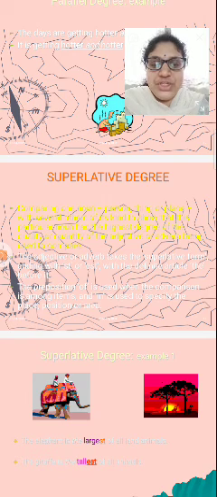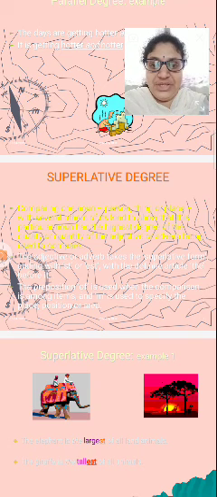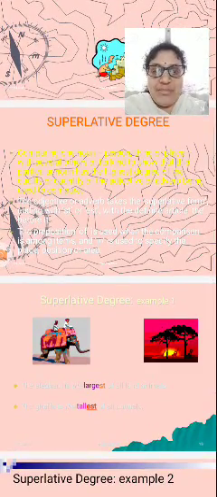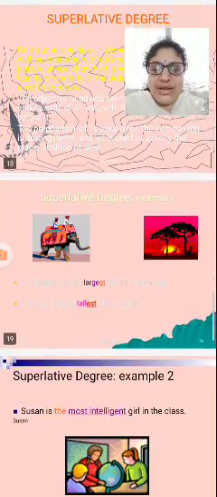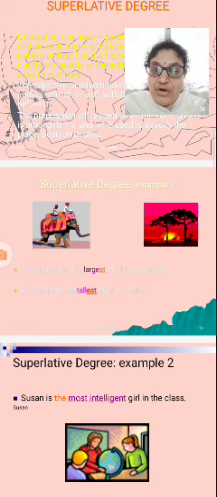The adjective or adverb takes the superlative form ending with st or est. Note it, very important: it takes the superlative form ending with st or est, with the definite article the before it. The preposition of is used when the comparison is among items, and in is used to specify the place, position or area. Here I have written the example: the elephant is the largest of all land animals.